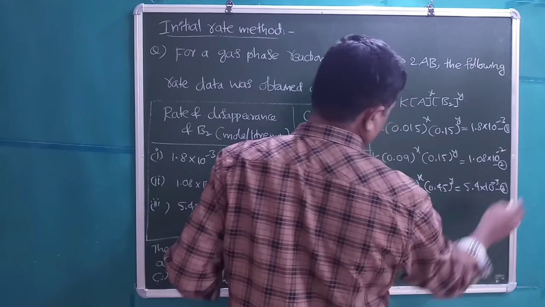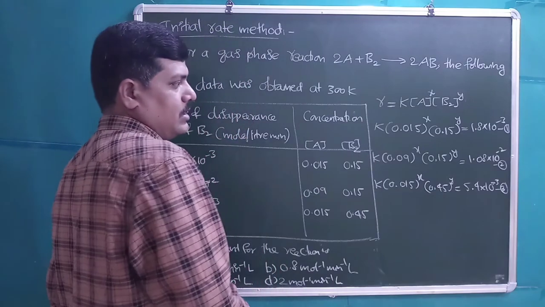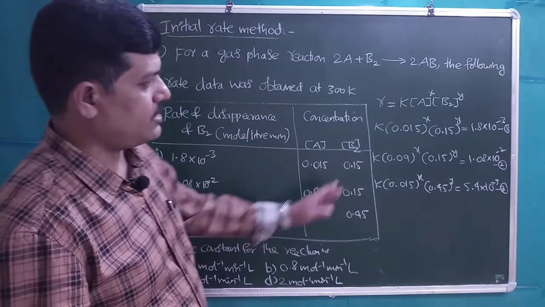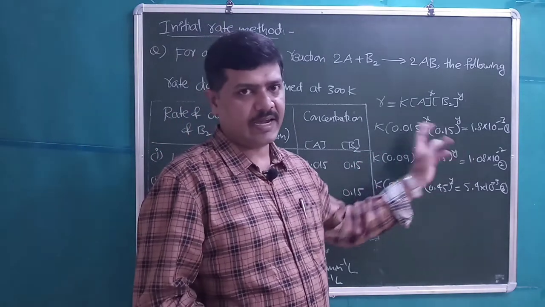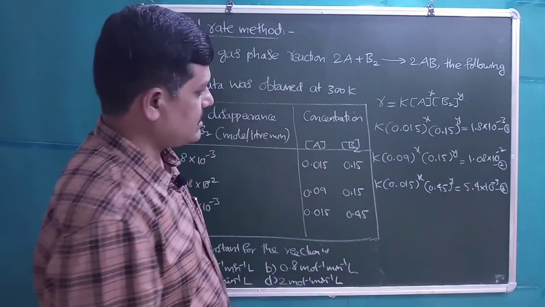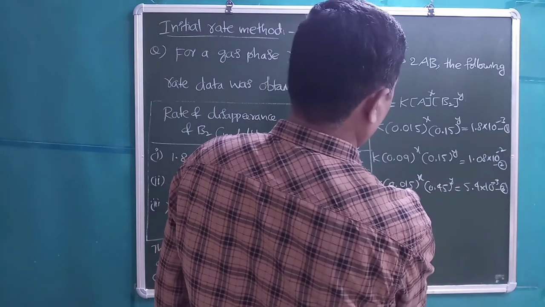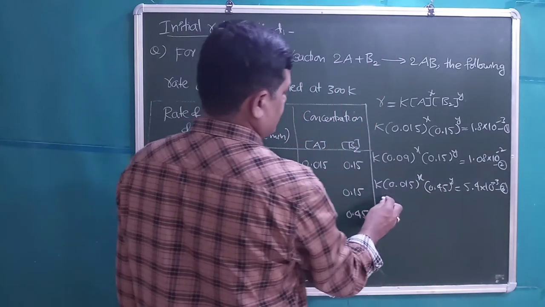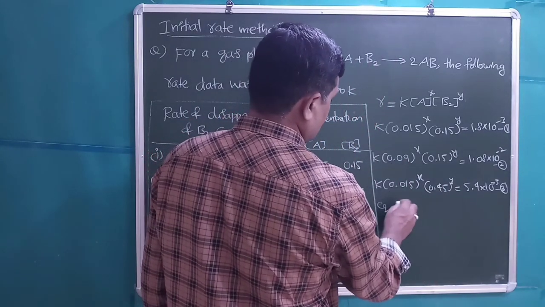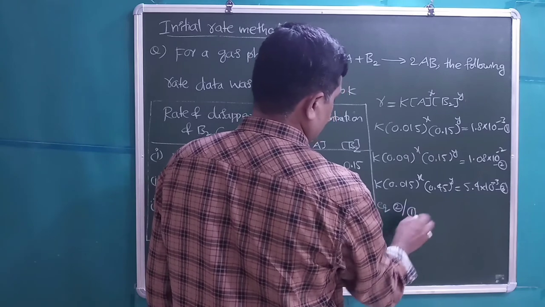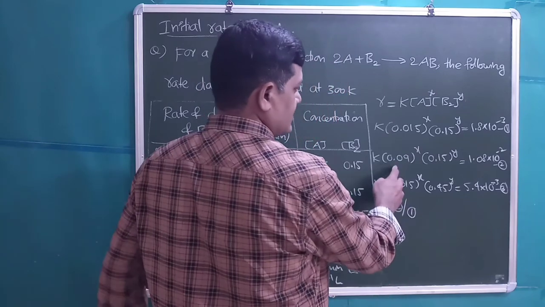This is equation 3. So from these 3 equations, we need to find out the X, Y and K values. Students, let us observe these equations and find out the values. First, we will do equation 2 by equation 1. Equation 2 is this one, right?